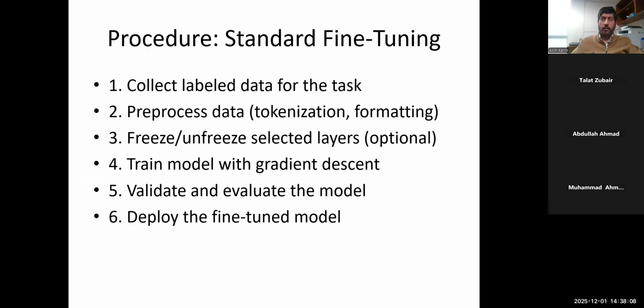So you can freeze some layers and adapt some other layers. Okay, and of course evaluation is important, so you will be evaluating as well.